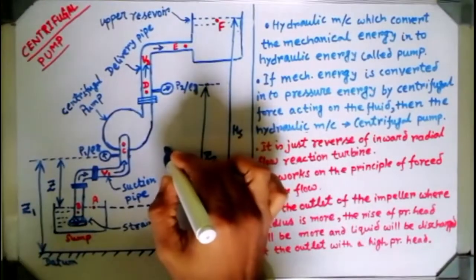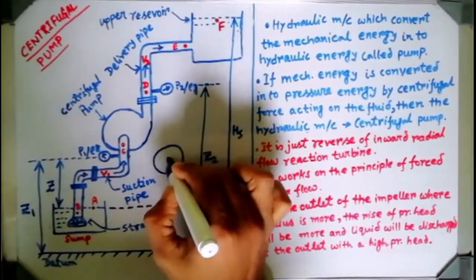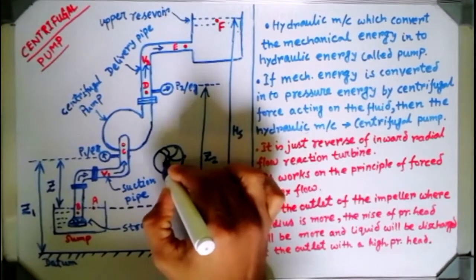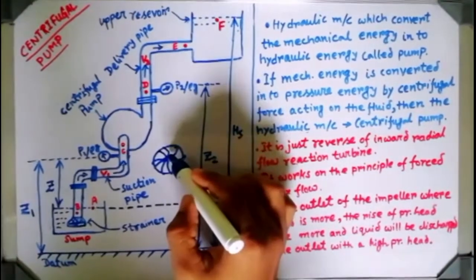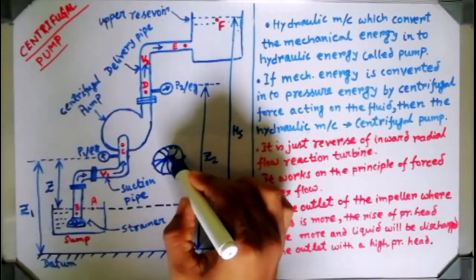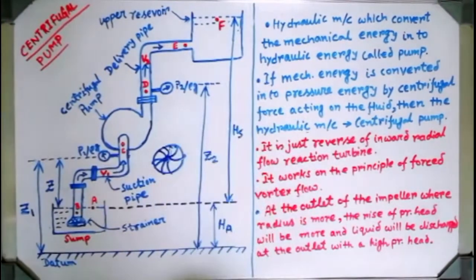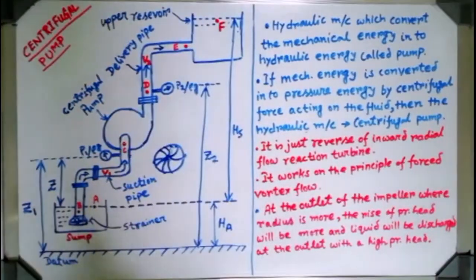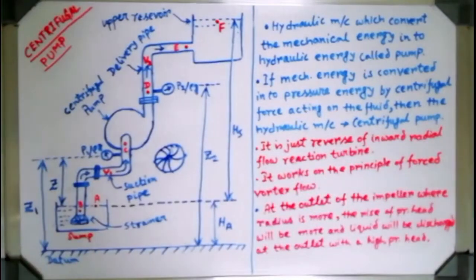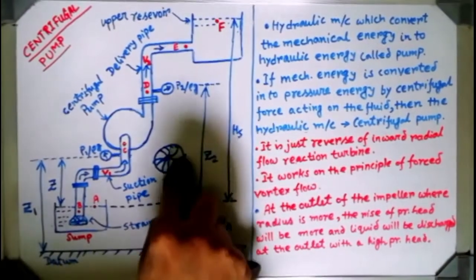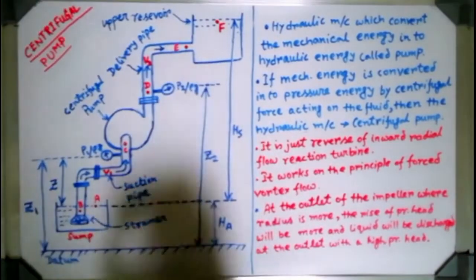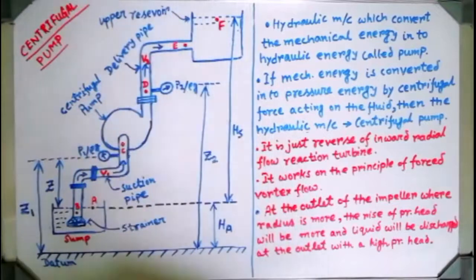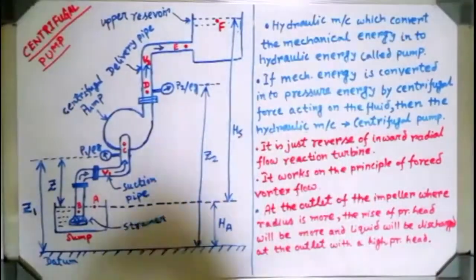If you consider an impeller, this kind of blading will be there. The water is entering from this center part, so obviously it will go outside, and the radius will gradually increase with respect to the center. That is why I have written over here. When the fluid is moving from the center, which is known as the eye of the pump, from the eye outward, the radius obviously gradually increases.